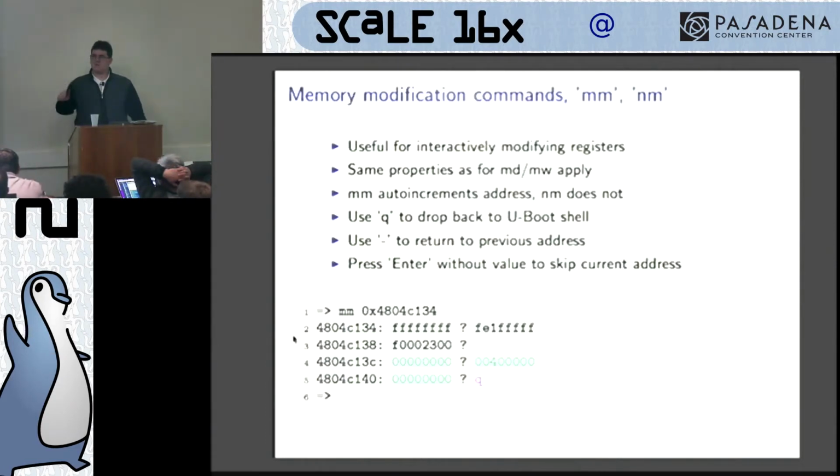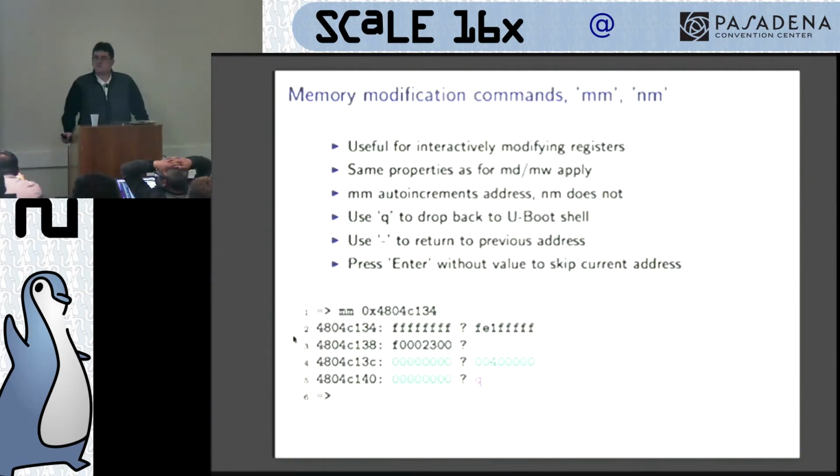If you supply a minus, then it will go one address before. So this might be interesting if you want to interactively operate with some sort of register. Also, nm is another command which doesn't do the automatic increment of the address. So you can basically do something like